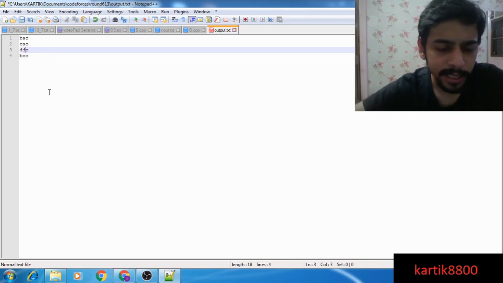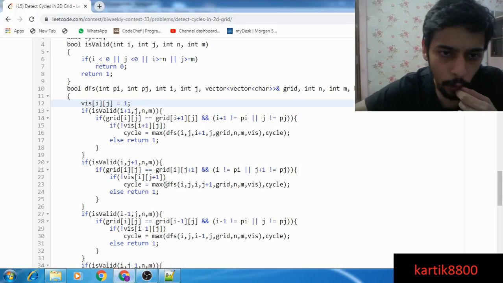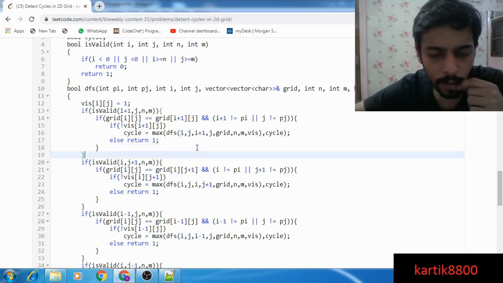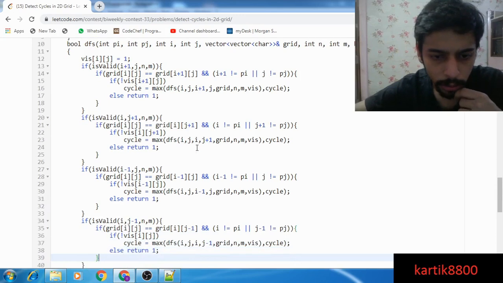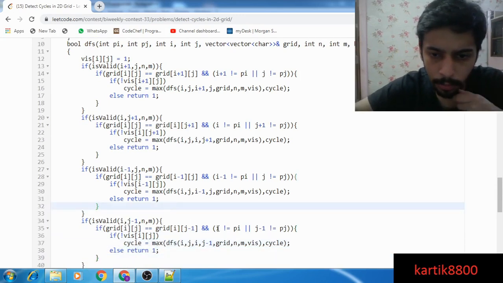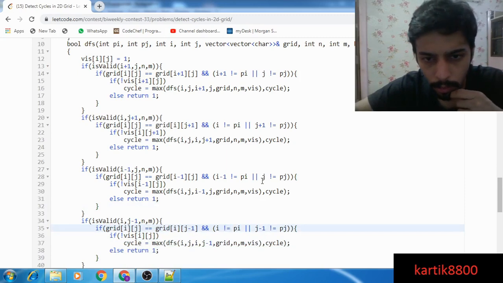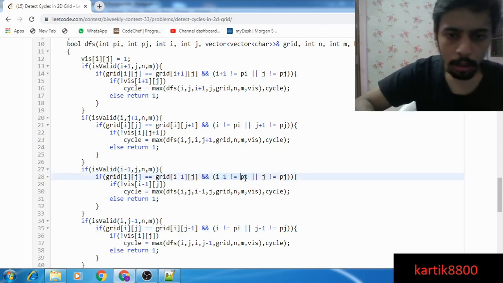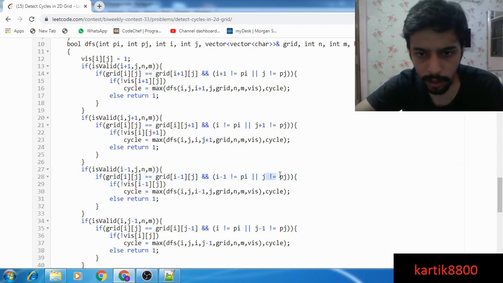Maybe I'm not passing the parents correctly. That could be the only fault. So I'm everywhere saying i comma j is the parent. So that should not be the problem. I'm talking about i minus 1 and j, and I compared i minus 1 to the parent pi and j to pj. I compared i to pi, j plus 1 to pj looks okay.